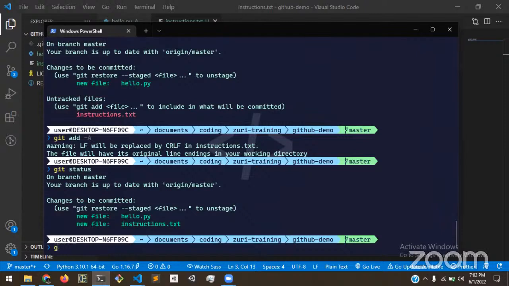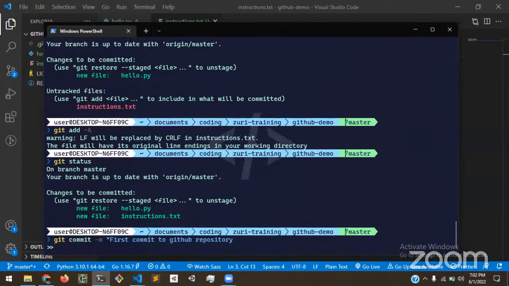So git commit, then we specify the message. You can specify a really long message. So I'm going to specify first commit to GitHub repository, okay, and then we can drop down again. I just press shift enter, okay, and we can drop down and say GitHub